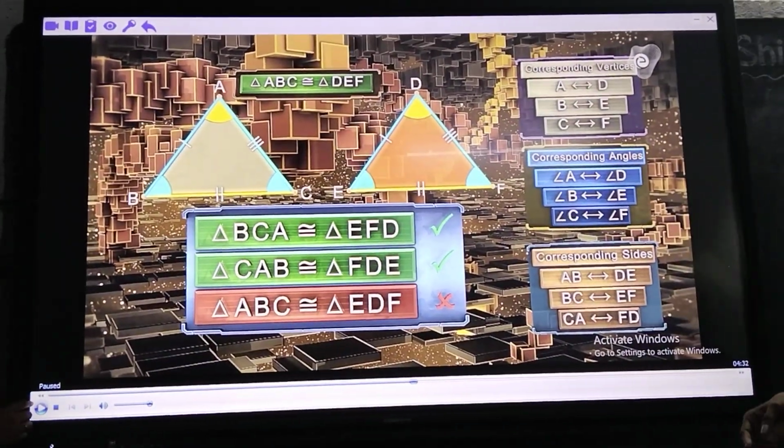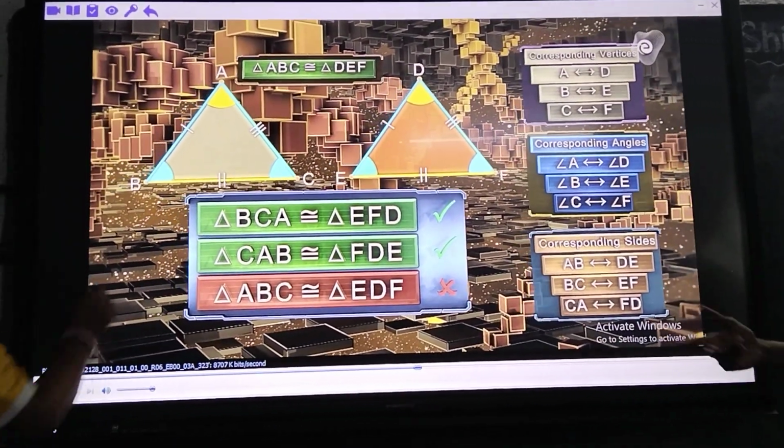In order, when you represent the congruent